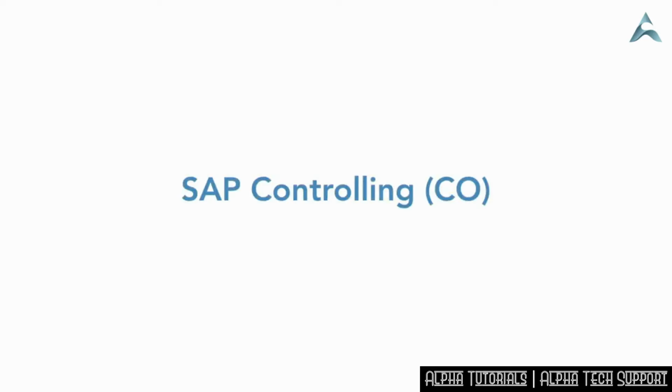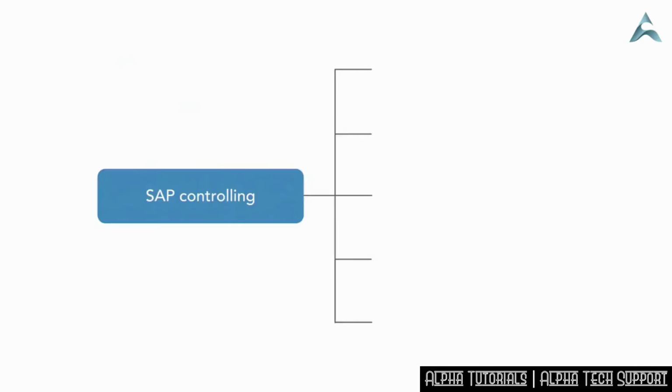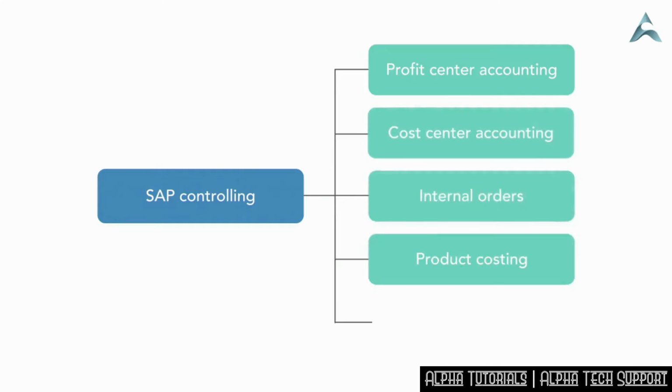Let's look at the SAP Controlling module called SAP CO. SAP CO deals with planning and monitoring business operation costs. It has powerful reporting functions and can show exactly where money is being spent at a company. Ideally, this can be used to increase profitability. The 5 primary submodules of the SAP CO module are Profit Center Accounting, Cost Center Accounting, Internal Orders, Product Costing,